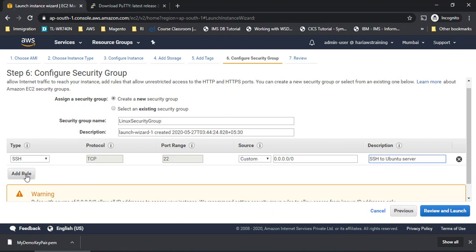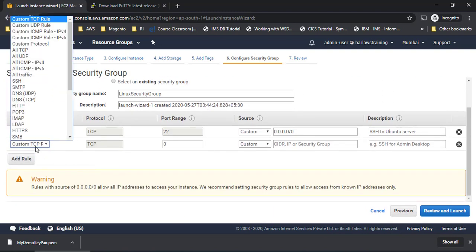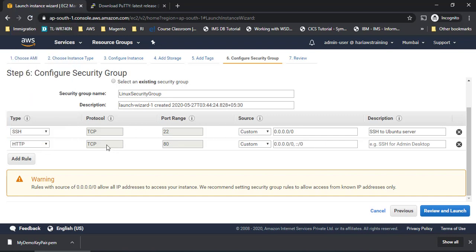Now I'll create one more rule which is for HTTP because I am planning to create a web page here. So it will automatically populate the port, and I'm going to use the same. You can see there are 2 different IP addresses I'm using here. One is for IPv4 and one is for IPv6. Okay, this will be HTTP for Ubuntu.